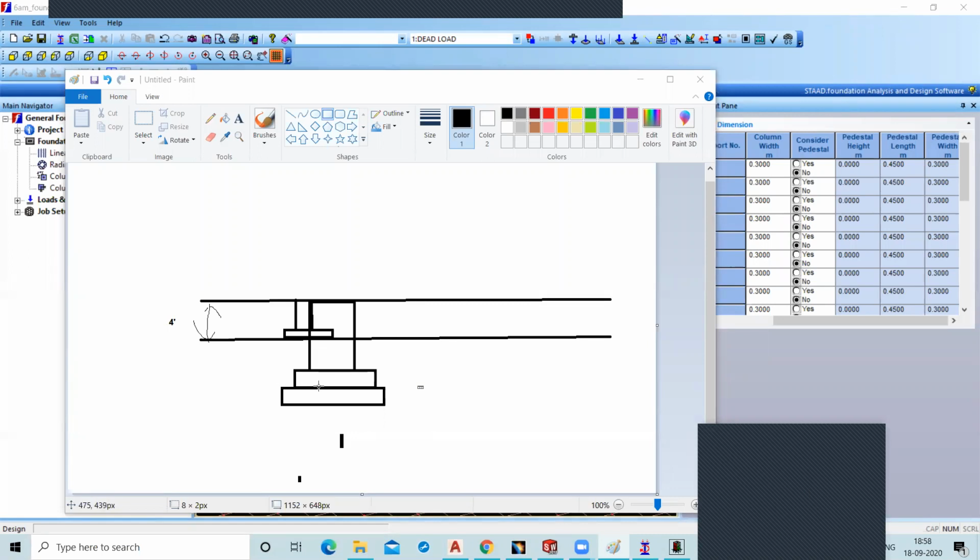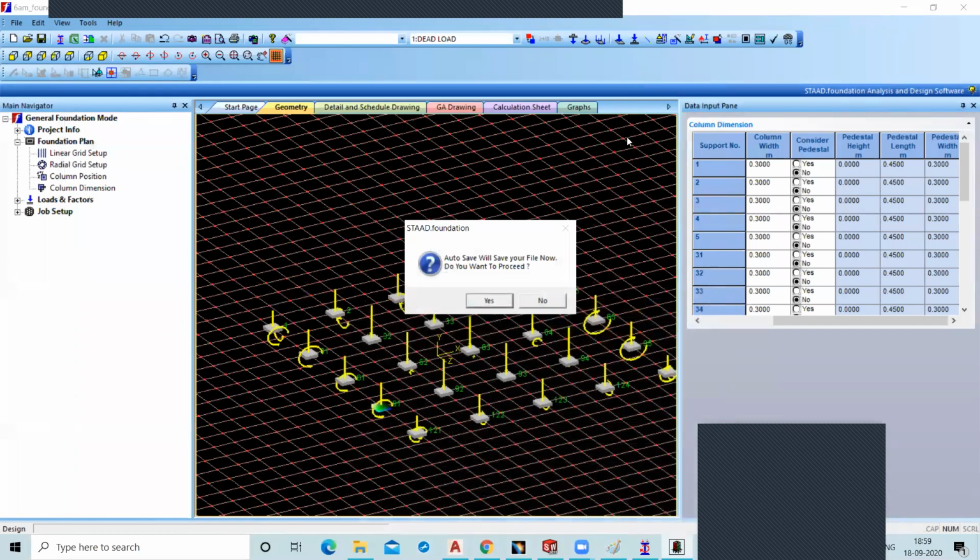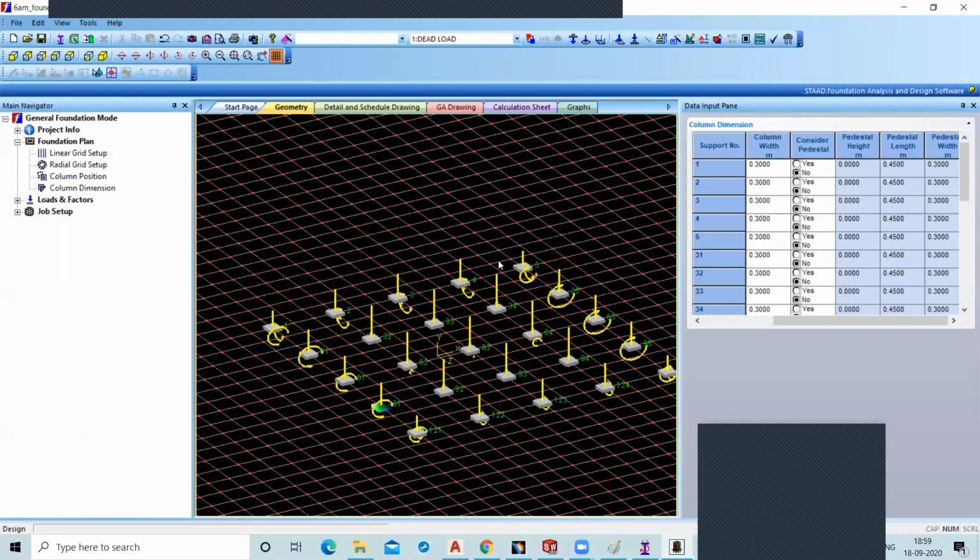If you don't want this second step, you can directly start your column from your footing. I think you understand. If you consider the pedestal, you can click on yes.